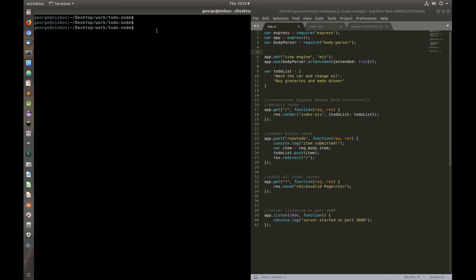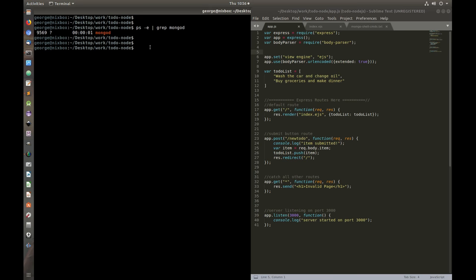I'm not going to cover how to install MongoDB in Ubuntu or Linux, but you can start and stop the service by doing sudo service mongodb start or stop, and that's how you start and stop the service. And you can verify whether the service is running by doing ps | grep mongodb, and it'll give you the process ID and the name of the daemon running, which is in this case